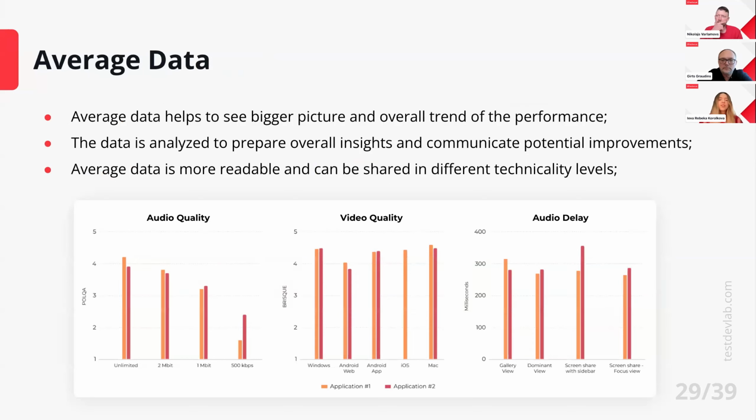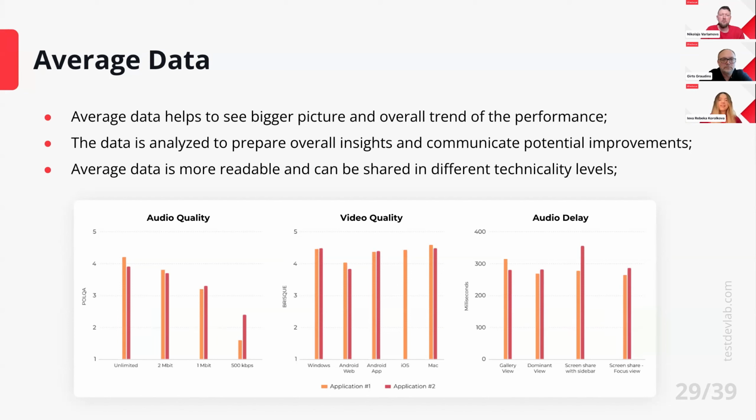And as I mentioned, the aggregated form of it all is average data, and usually it's visualized in graphs. The benefit of average data is that we, and also the receiver of the report, can see a bigger picture, an overall trend of performance for different products that have been under testing in different scenarios, on different platforms, or in specific functionalities. This data is then analyzed to prepare some overall, more trend-focused insights, and we can communicate that a specific application is outperforming others in one area.